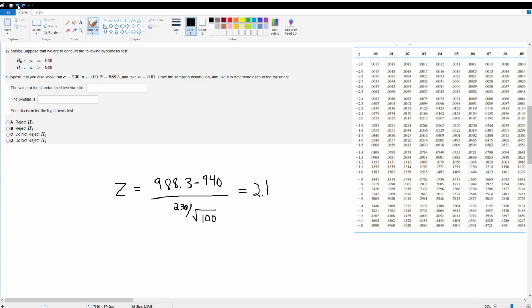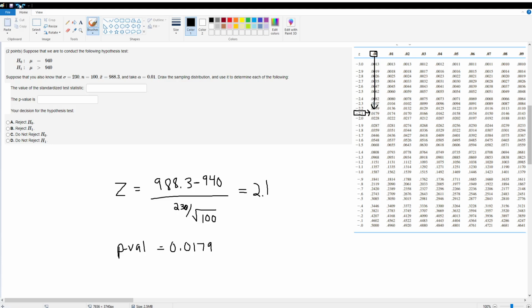Now for our p-value, we're going to look for the negative of the absolute value. So we just look for negative 2.1 in the table. So here's our 2.1. There are no remaining decimals thereafter. So 0, 0. We find the intersection of these two, which comes out to be our p-value of 0.0179. We do not need to double this value because our alternative hypothesis is the greater than sign, so it's